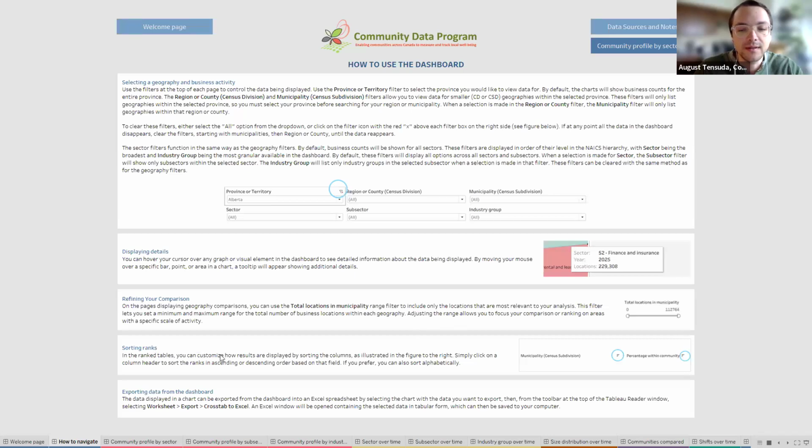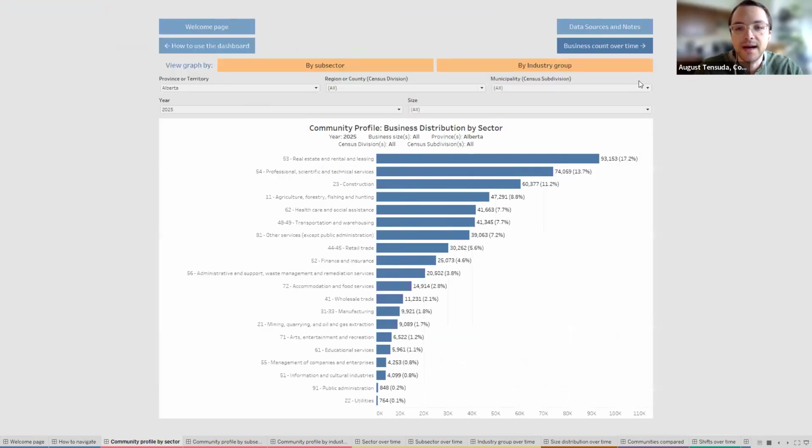Likewise, you can always sort the tables that you see, from lowest to highest, highest to lowest. And you can export the data from the dashboard into something like Excel. I'll give a little demo on that as well. So if we hop into the first page of the dashboard,